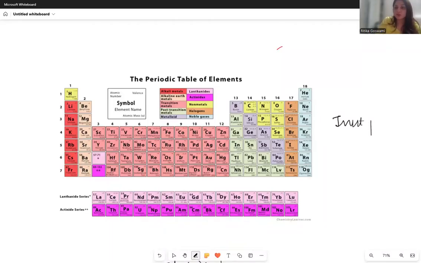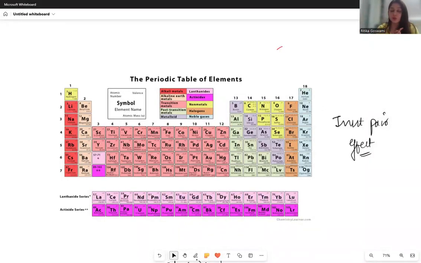Okay, so no rocket science here. Basically, inert means something which doesn't want to react, and pair means something which is two in number. So simply, there is something which is two in number and does not want to react. Let's try to understand what this two in number is and why they don't want to react, which is causing the inert pair effect.